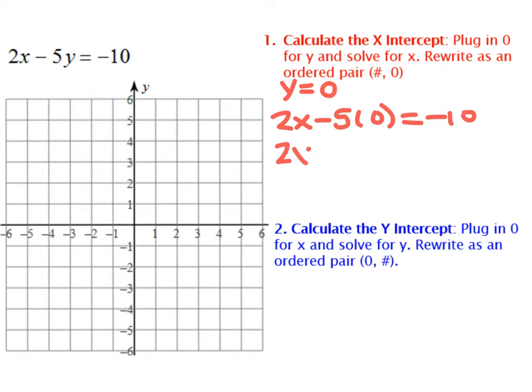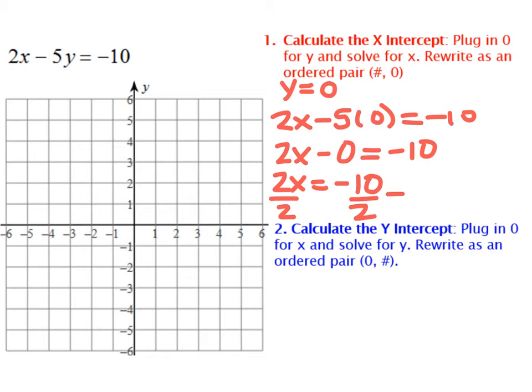This becomes 2x minus 0 equals -10, which can be rewritten as 2x equals -10. To finish solving, you would divide both sides by 2 to get that x